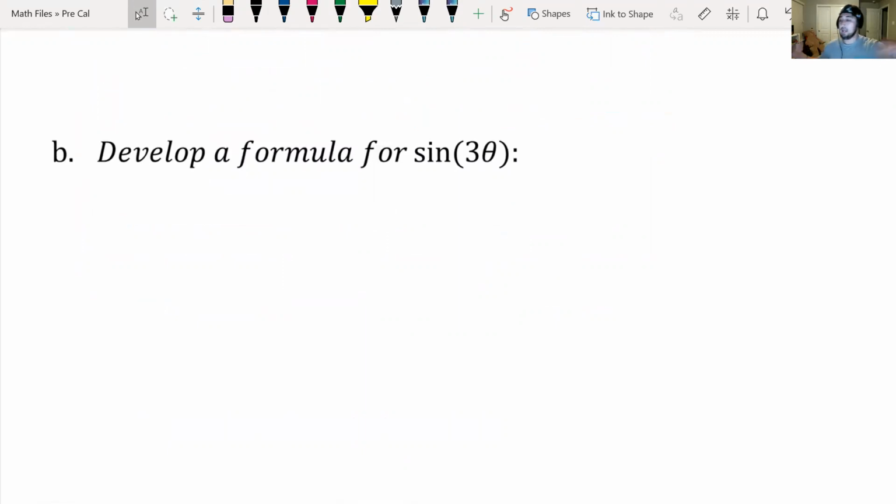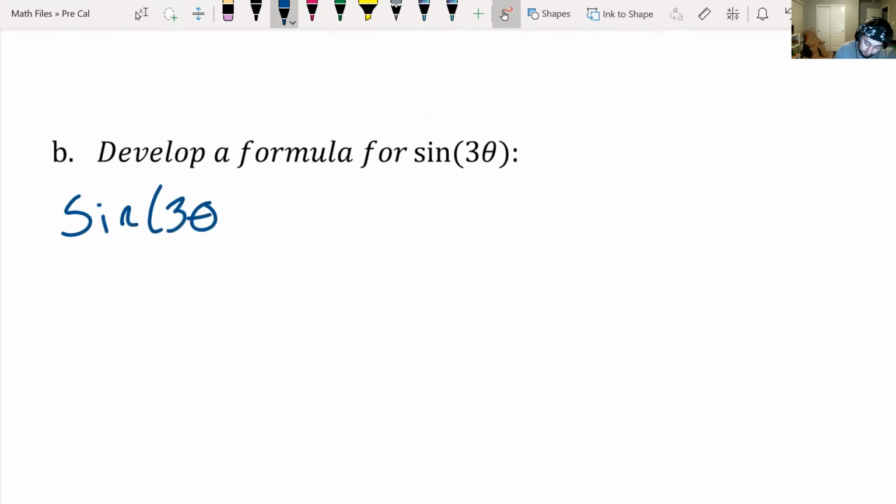Okay, so this is kind of like creating identities. And we are going to take a hint from the last couple of problems. To create these formulas, we had to use a sum formula. I mean, we could use a sum or difference formula, but I think the sum is easier to work with. So to make a sum formula for sine of 3 theta, we're going to take 3 theta and break it into 2 parts. And when we do that, sine of 3 theta